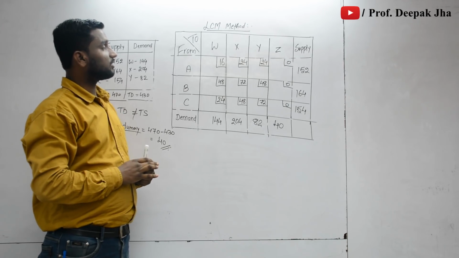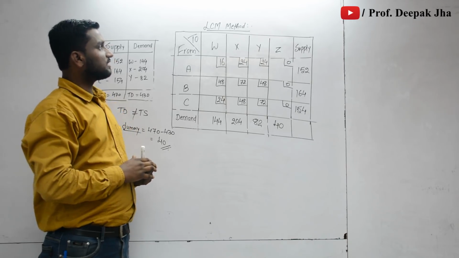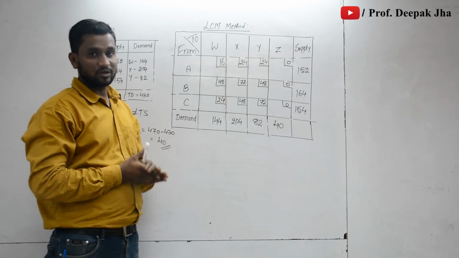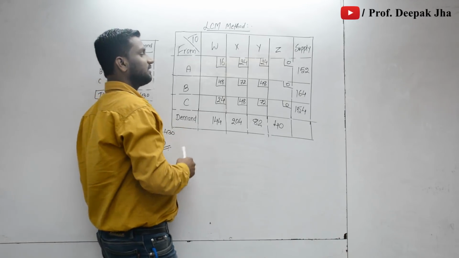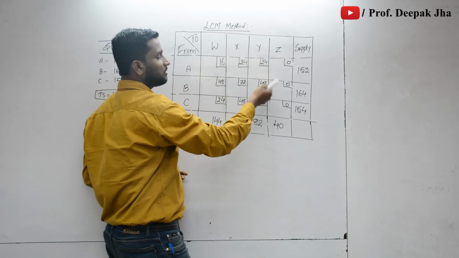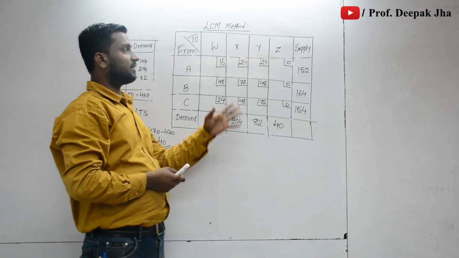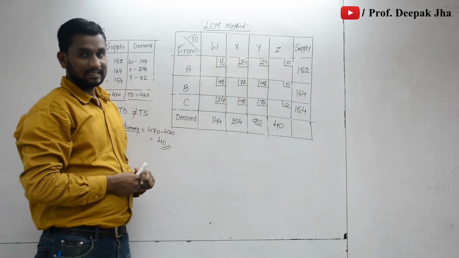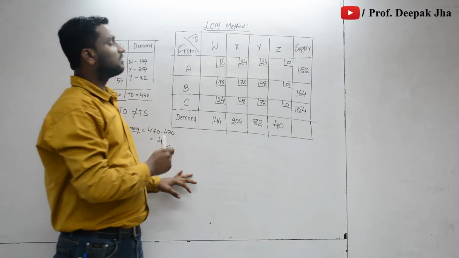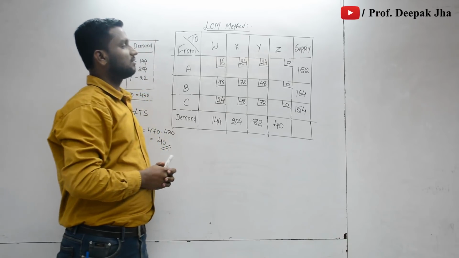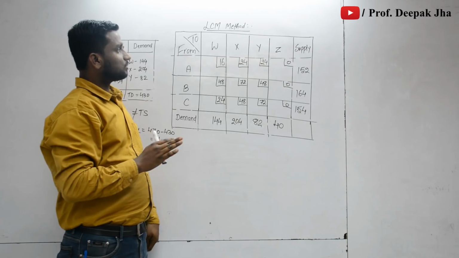Now we have to solve this sum using the least cost method. As the name suggests, least cost means we have to make the allocation at the place where there is the least cost. If you observe, the least cost in every row is 0. So ideally we should allocate at the 0 place. But since it is a dummy column that you have introduced, all the values in that column are 0, correct?